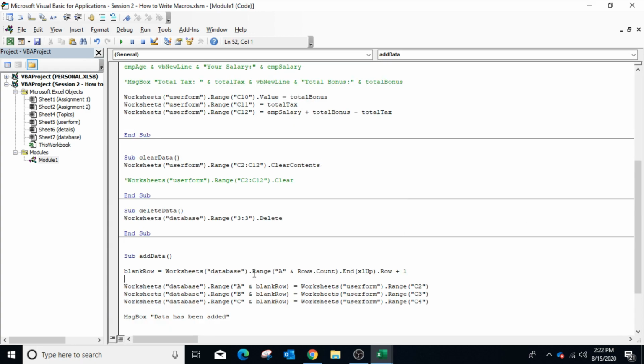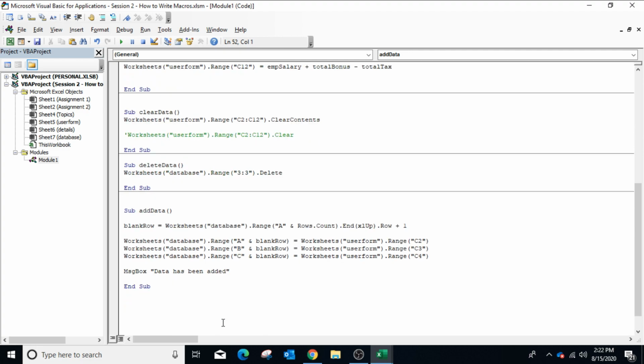Suppose we want that after adding the data, the font color and the cell color should be changed. Font and interior both are properties of the range object. So worksheets and user form sheet use range.